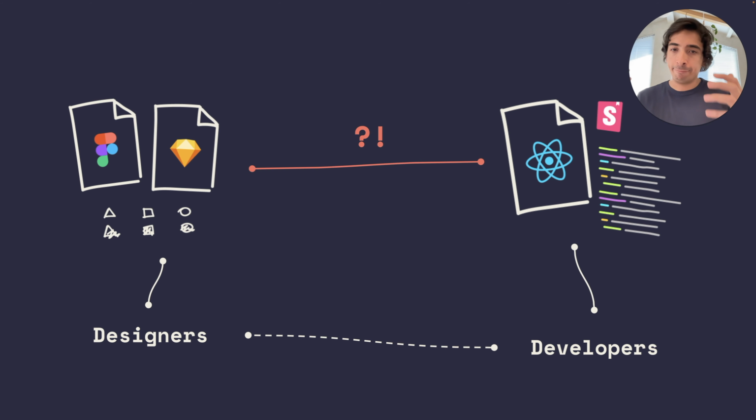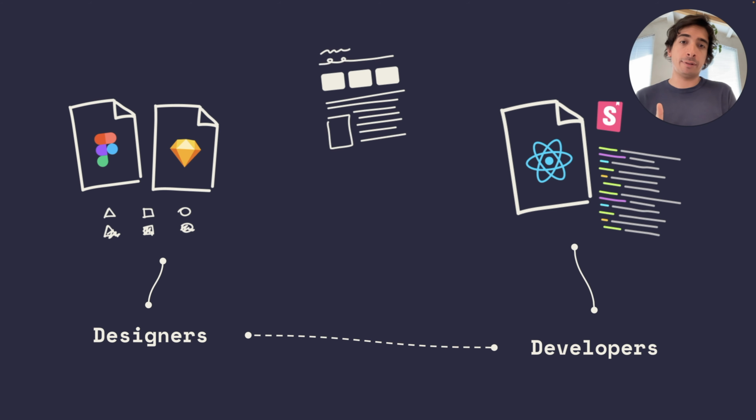Right, the link, the connection between the design file and the code, or the lack of the connection. They represent the exact same thing, but there is no connection between them. This is the problem that we're going to focus on. The idea of having a primary button in your design file and a primary button in your code base, but you can't really keep them in sync unless you're doing it manually. In fact, we can make things a little bit more complicated because there are more steps. We need a place to document these components.